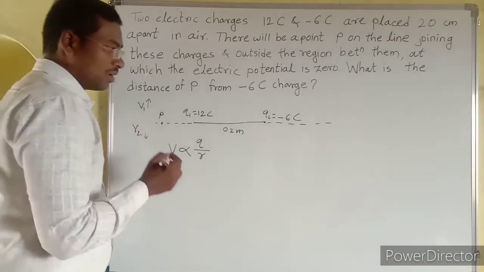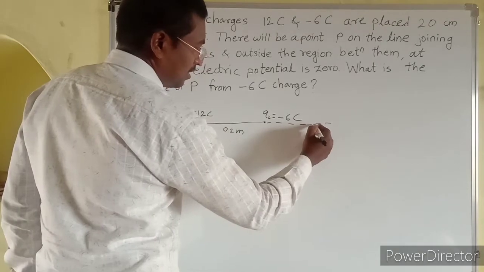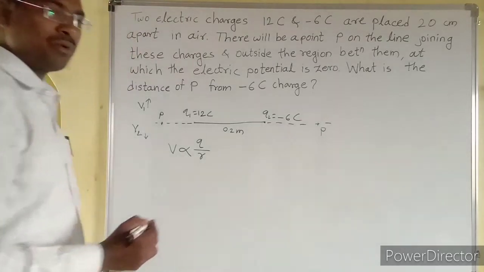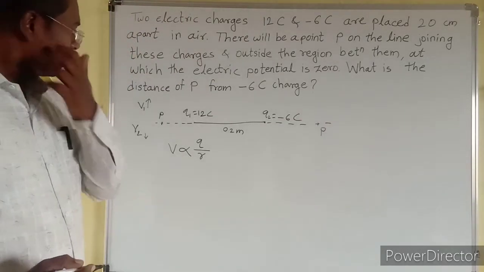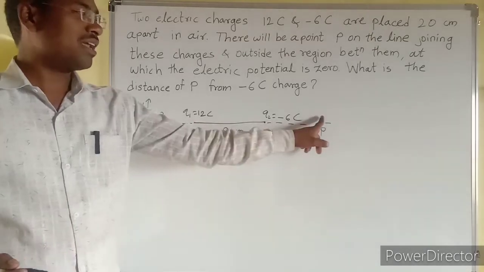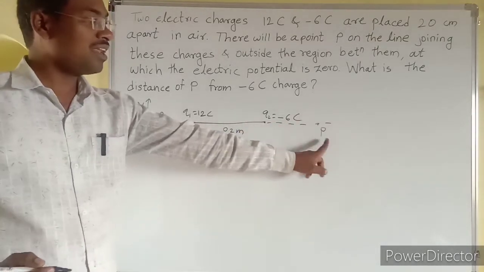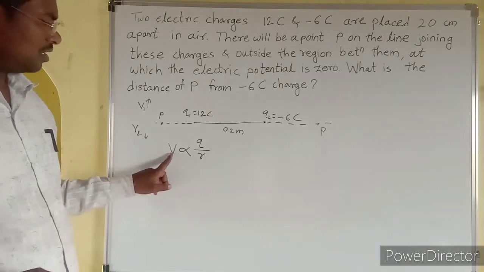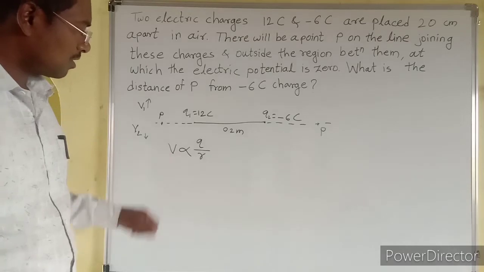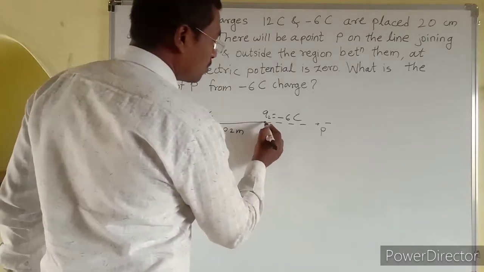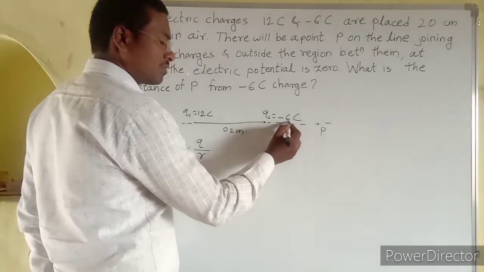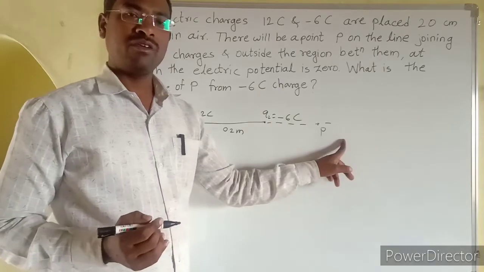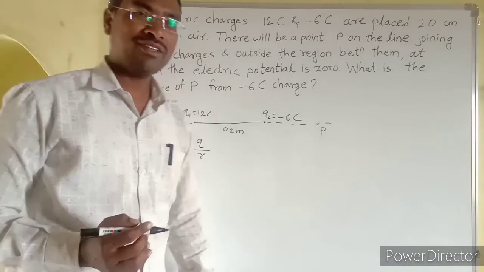Okay. Therefore, now consider point P in another region. Consider here point P at which potential is 0. Here the Q1 charge magnitude is large, but the distance is large. Therefore V becomes moderate, and the Q2 charge magnitude is small and its distance is also small. Therefore, there is a chance of a point at which potential is 0.